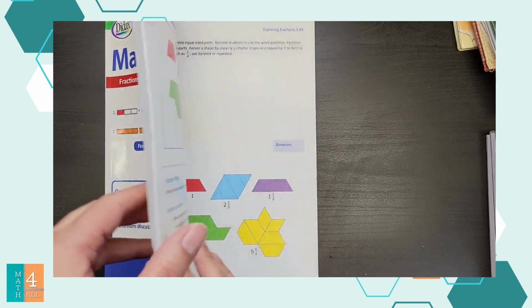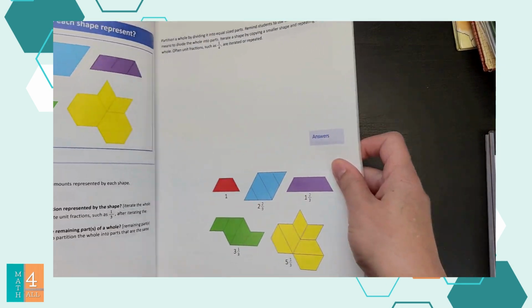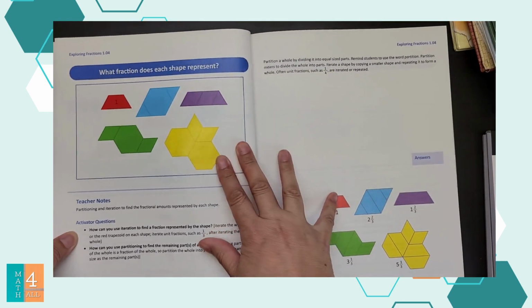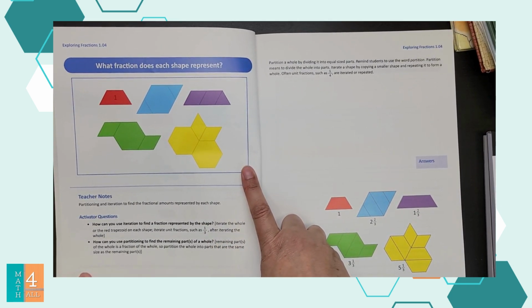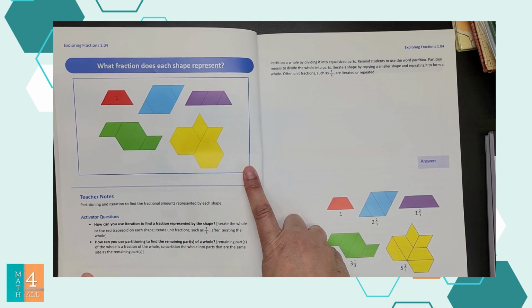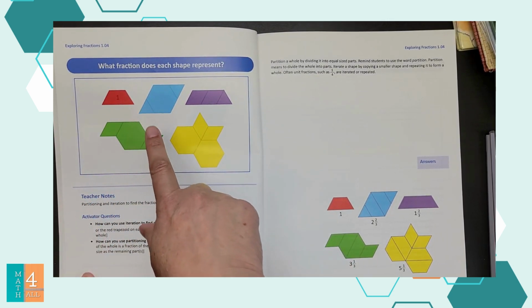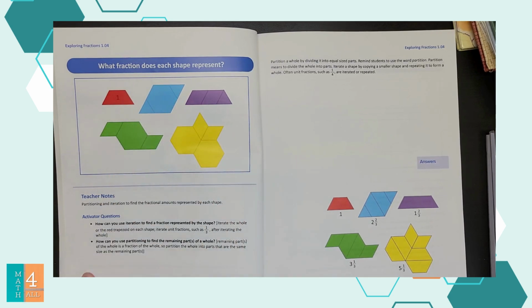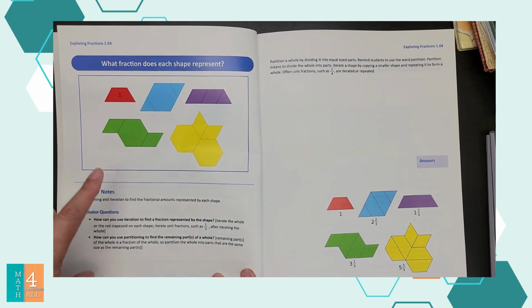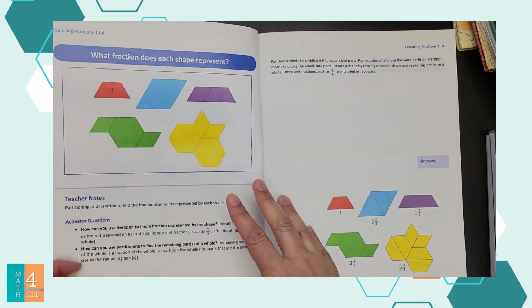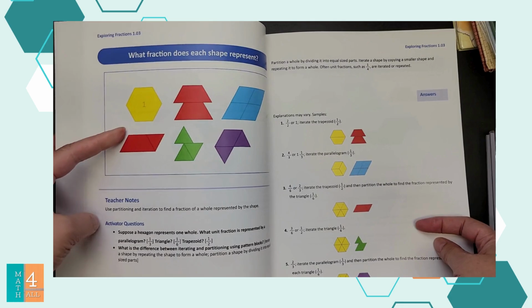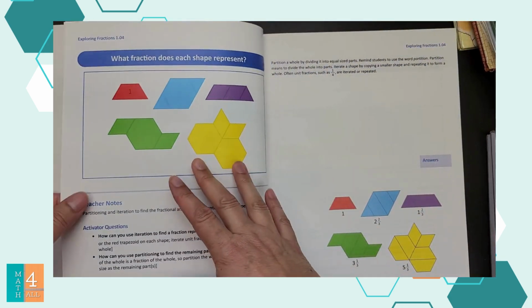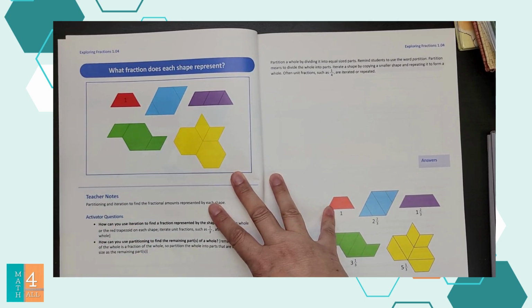The big difference between this book and others that you might see that have amazing number talks in them. This is the activator for this particular lesson. And you can see that we're asking what shape or what fraction does each shape represent. And in this case, this red trapezoid is worth 1. And so the previous lesson or activator started off with the hexagon being 1, and now we're moving into different